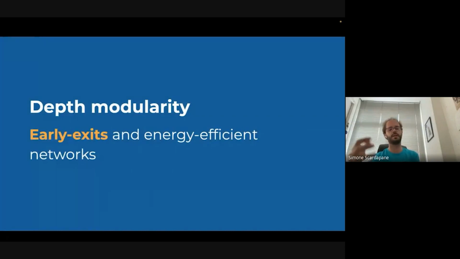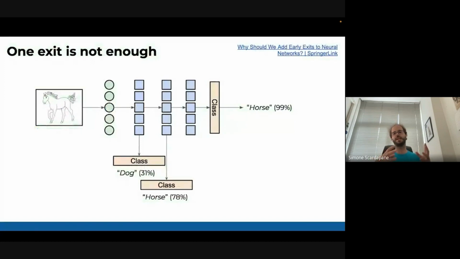So the first one is early exit. This is really interesting because it's a design change that is not so hard, and it gives you a lot of improvements. The idea is that if you have a neural network, maybe you have a certain number of layers, but maybe you don't need all of these layers to solve a certain problem.